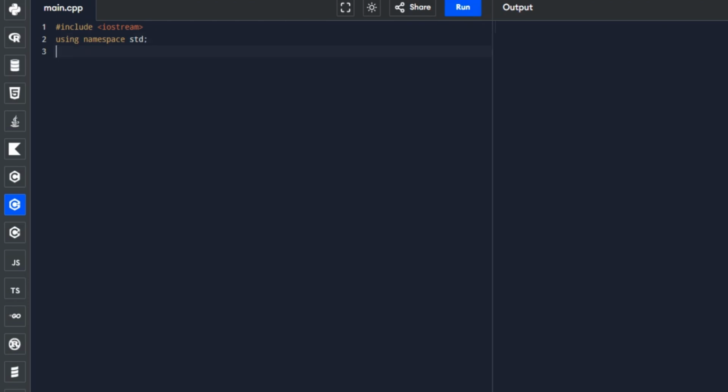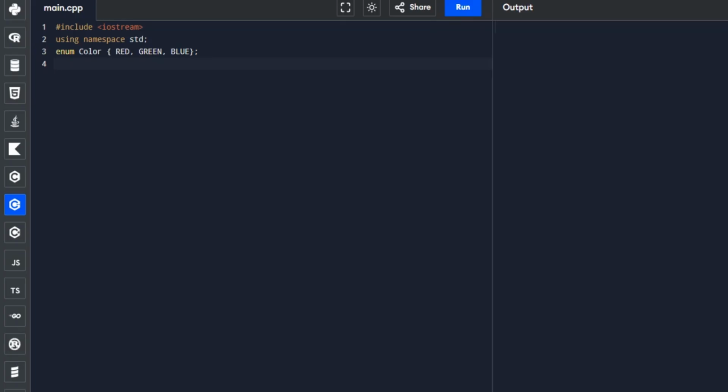So let's start with enum, then name it Color, and then we have three values of the colors: red, green, and also blue. By default, red has a value of zero, green has a value of one, and blue has a value of 2.